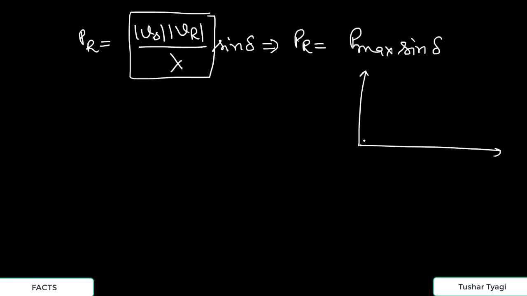curve, because it's a sine curve, you could have it like this. Theta is equal to 0 over here, theta is equal to 180 over here. It is theta is equal to 90. Sorry, delta, not theta. Delta equal to 0 over here, delta equal to 90 over here, delta equal to 180 over here. And this is the maximum power P.